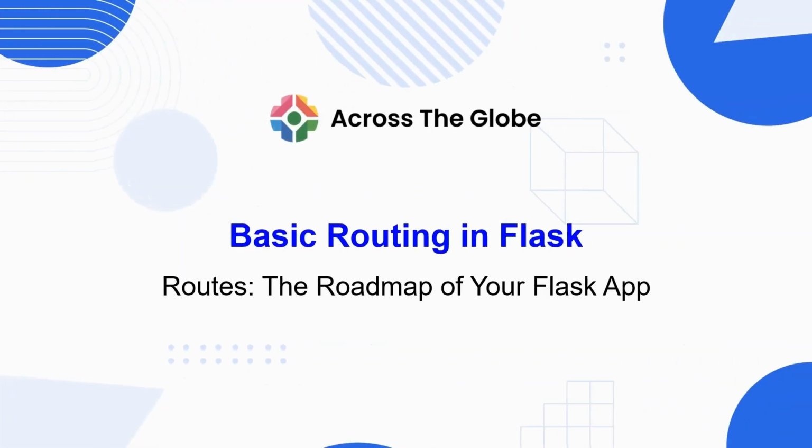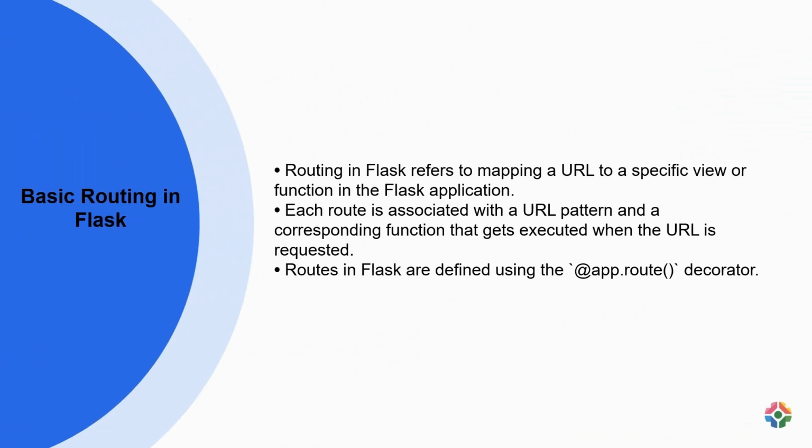Today we will learn about basic routing in Flask. Routing in Flask is the process of linking a URL to a particular view or function within a Flask application. By defining routes using the @app.route decorator, you establish a connection between specific URL patterns and the functions that are executed when those URLs are visited. For instance, a route like @app.route('/about') can be used to handle requests for the /about page by calling a corresponding function. This establishment of routes ensures that when users navigate to certain URLs, the appropriate functionalities or responses are delivered